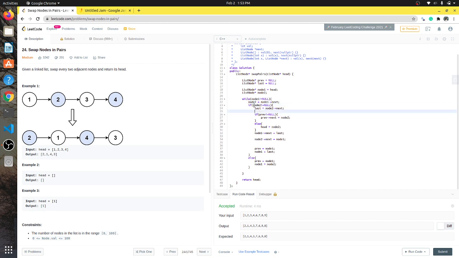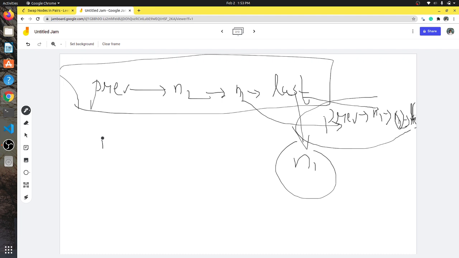Before moving to the last pointer, we check whether it is a special case or not, that is, where the linked list is ending, which means n2 is equal to null or n1 next is equal to null.